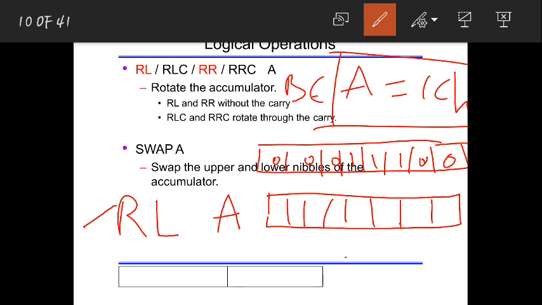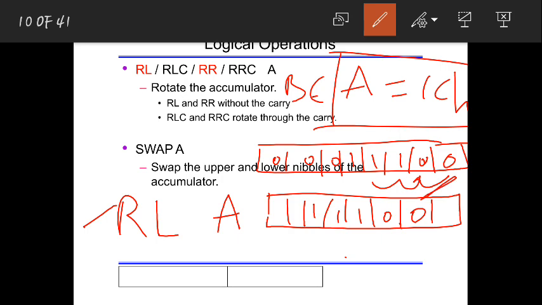First this D0 bit, the 0, will move here. Next, whatever bit was in this position will move here. It is shifting by 1. Again this 1 will come here, then here you will have 1, then here you will have 1. So it is just moving towards left.